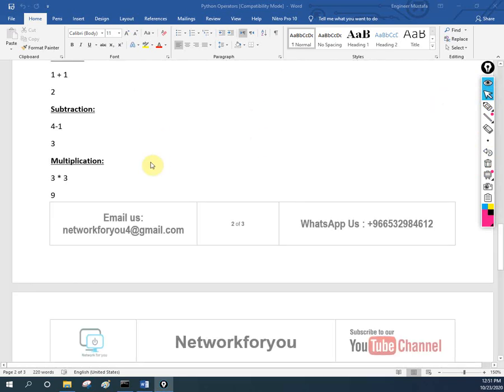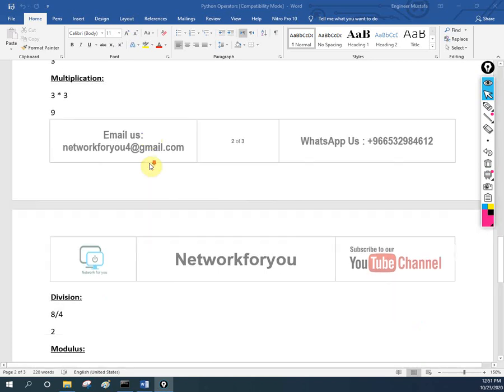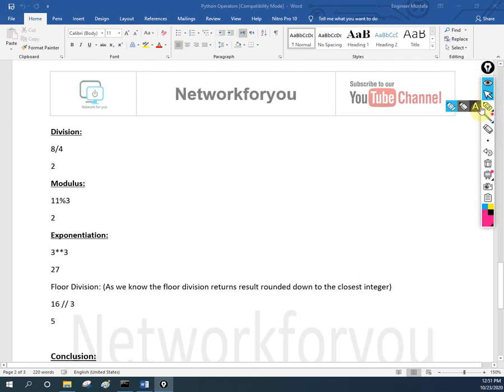You need to have this idea, because when we are going to write the code, we are going to use these basics. So it is better if you know all the basics. And it supports the division operation also. When we want to divide any two numbers, then we get the answer. And if you want to get the remainder, like the modulus operator, we need to write percentage. So whatever the remainder is, we will get that.